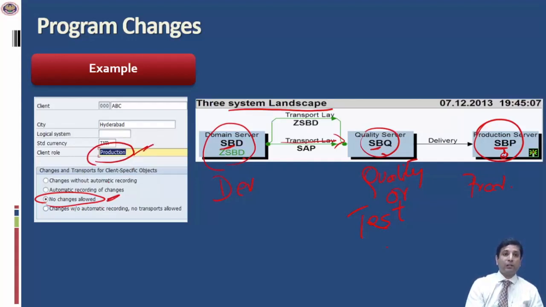So as auditors, looking at this kind of configuration and setting through the system will give us the assurance that unauthorized changes may not happen in this production environment, and that is how we can get the assurance.